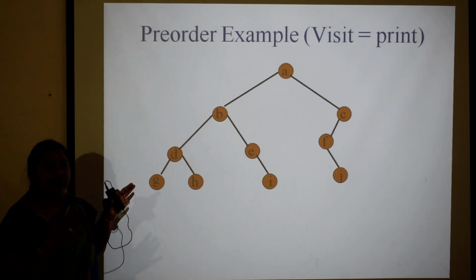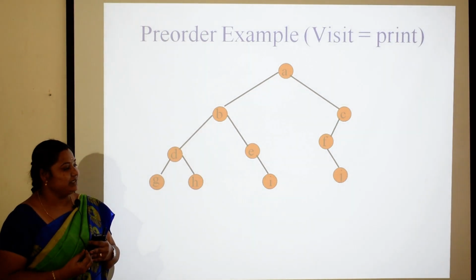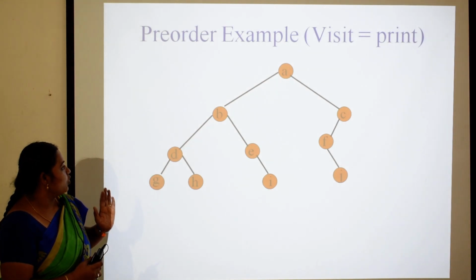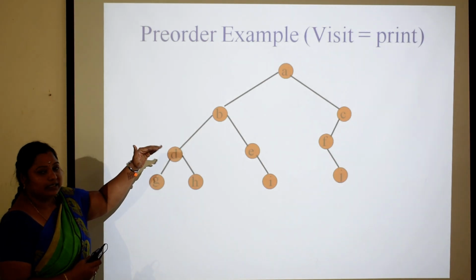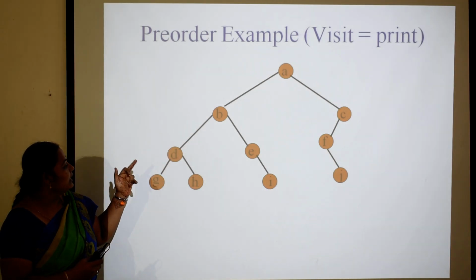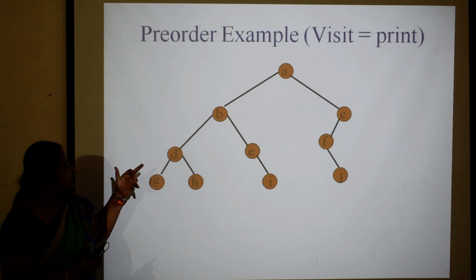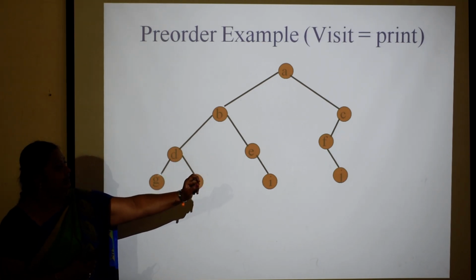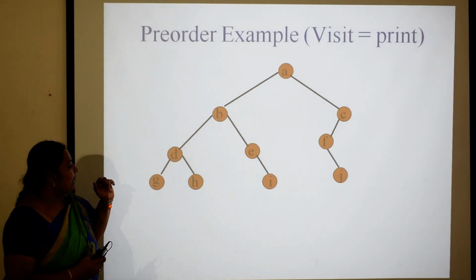Here we had a small tree structure, but now we have a somewhat bigger tree structure. How is it going to print? We are going to see. The root node is A and it has 2 children. As a binary tree, it has 2 children, B and C. Then the B node has 2 children, D and E. D has 2 children, G and H, E has I, and F has J. Likewise it forms a binary tree structure.